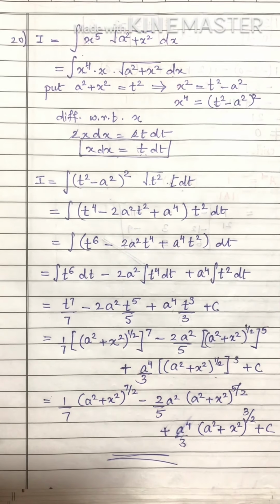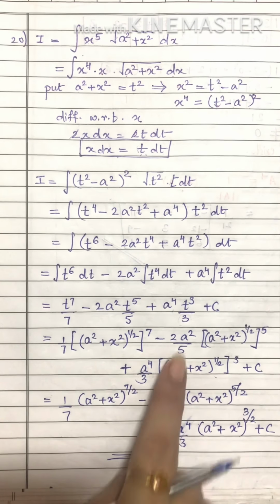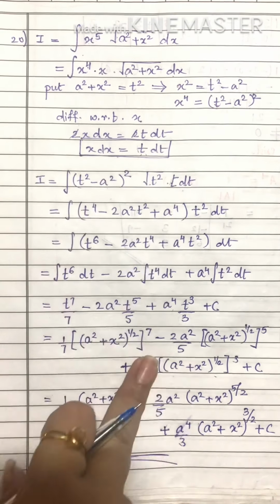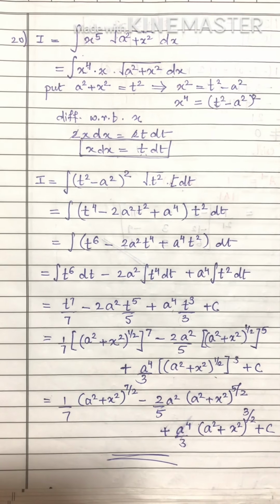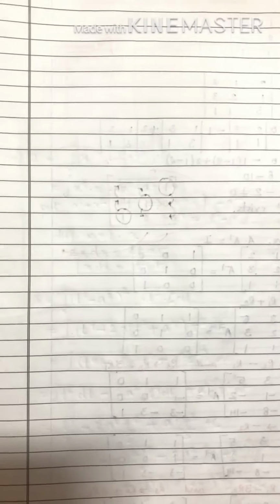Fine, just check out each and every step of this sum. It may not be the same, something is different, I guess, from the answer given in the textbook, but according to this, whatever steps we have done so far, it is correct. Just check it on your own. Okay, now further you will see all the sums are somewhat the same type. Let's take one more sum. This is sum number 22.